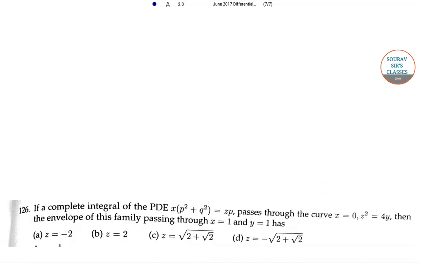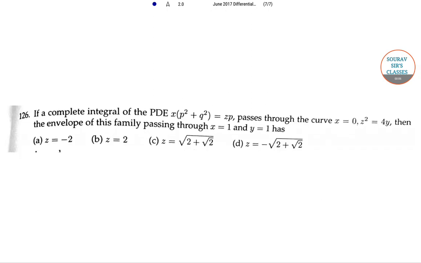Today we are going to solve a few questions on differential equation. The question is: if a complete integral of the PDE (partial differential equation) x(p² + q²) = zp passes through the curve x = 0, z² = 4y, then